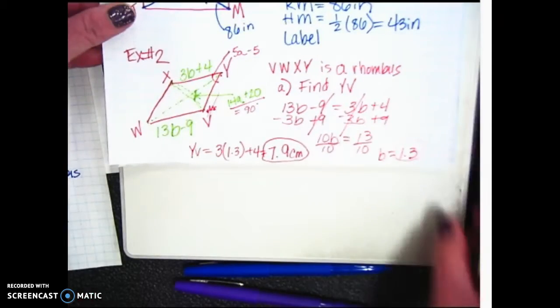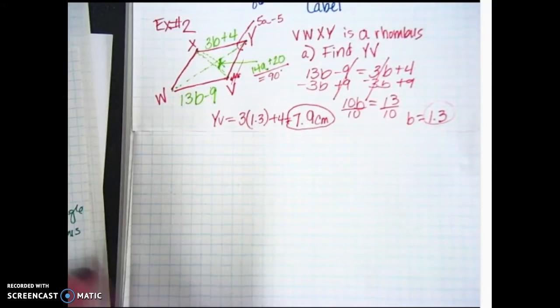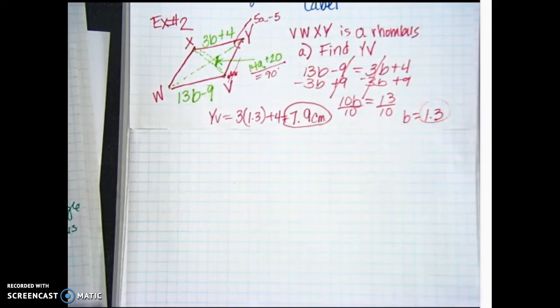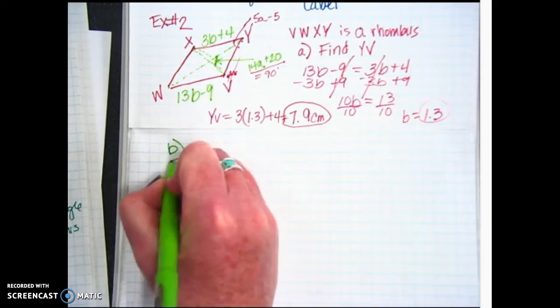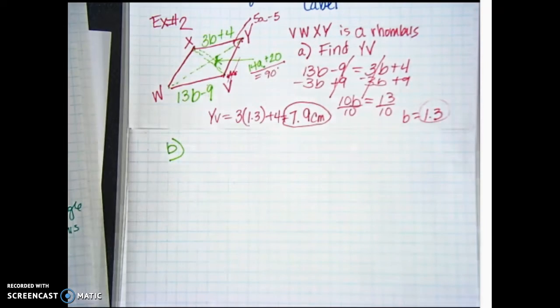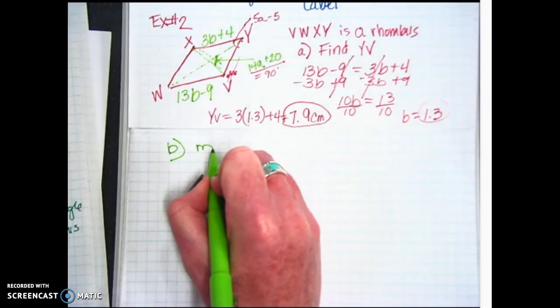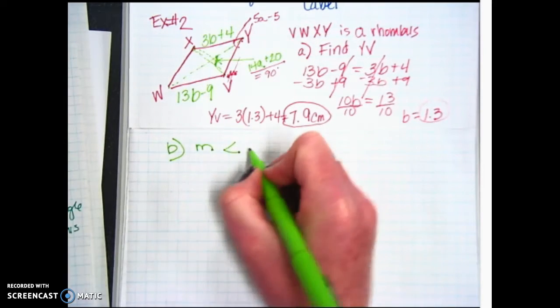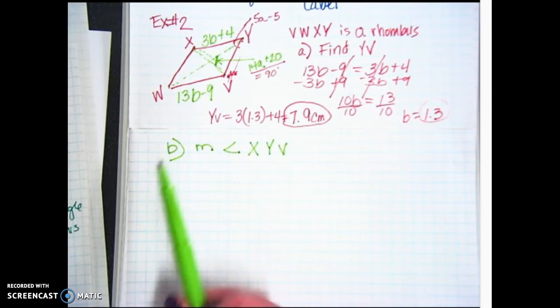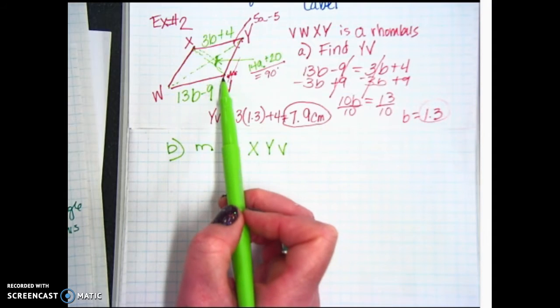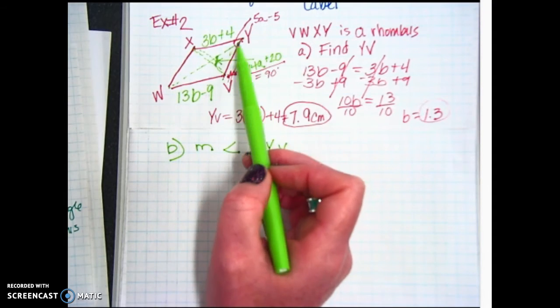Okay, now let's deal with the angle. So I'm going to move this up. You'll see it in just a second if you're still writing. Okay. All right, part B. So part A dealt with the sides, right? Now let's deal with some angles. So for the angles, we want to find the measure of angle X, Y, V. So here's X, Y, V, which